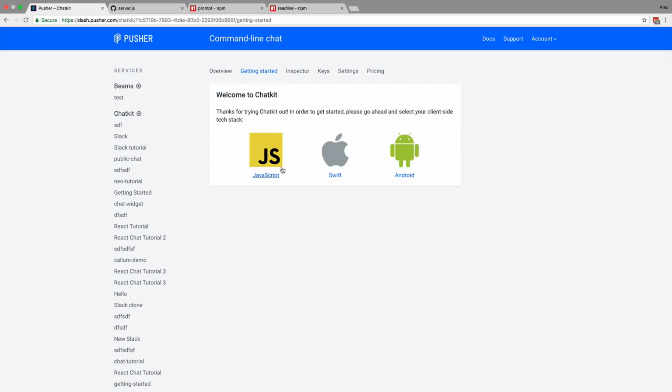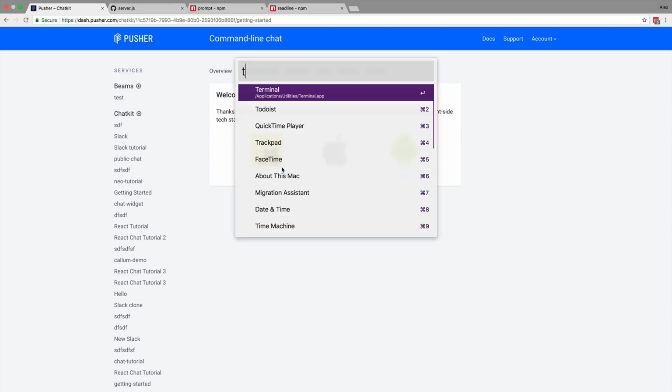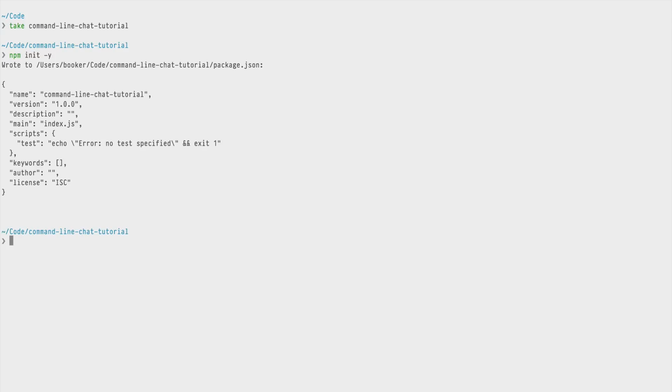We'll be coming back here in a second to make some updates, but for the time being, I'm going to switch back to the terminal and make a new directory called command line chat tutorial and run npm init -y to initialize my package.json file. The first thing we'll want to do for this project is create a Chatkit authentication server,